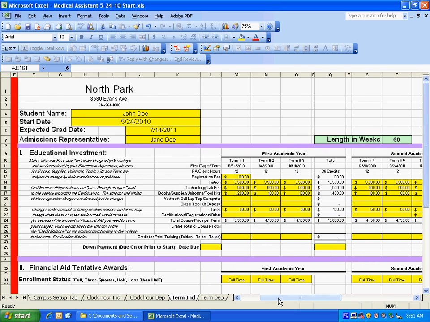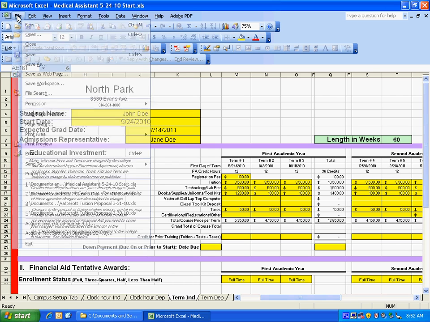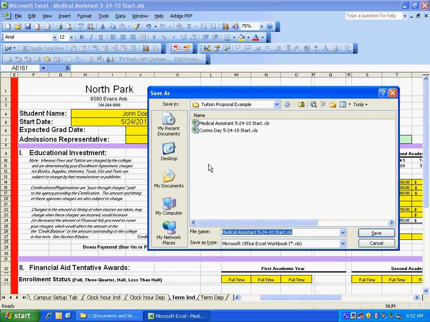We now want to save a copy of this, because if the student ever comes back, we need to be able to print a new copy. So number one, you can print, I would print 2 copies of this, one for your file and one for the student to take. And then once you've printed that, then I would hit File, Save As. I've got either in this folder, or maybe I have a specific folder on my network drive just for student tuition proposals. Then I would enter